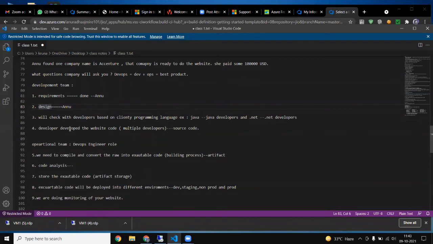Okay, that developer develops the website code. He will develop only website code. He will not develop a website. He will develop only website code. Okay, and then not only one developer will do coding, because it is not possible for one person to develop that much coding, because one person asked me, sir, what is this scrum and